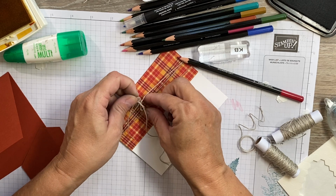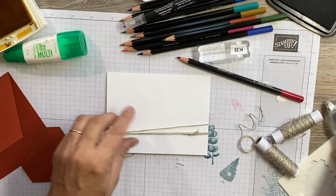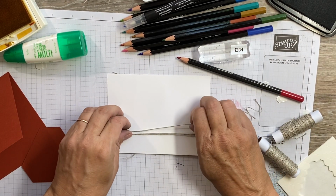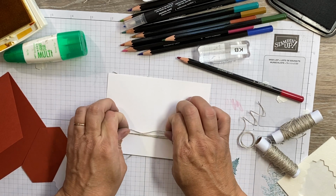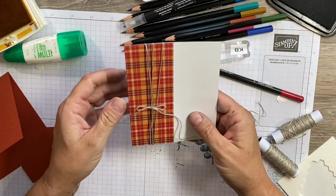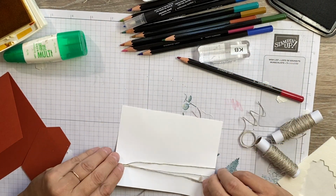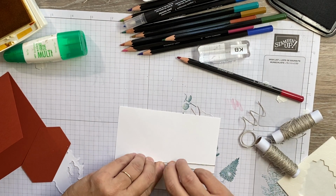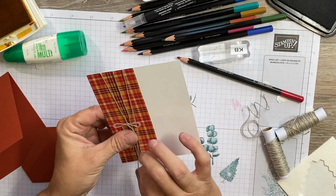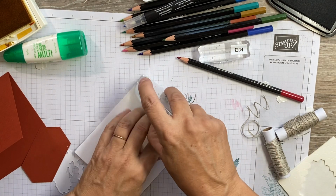Okay, so I'm gonna actually pull these out. And a little trick like I showed you before, if it's not tight enough for you, just take your adhesive and pick your ribbon up and pinch it in the middle. Ribbon, twine, whatever. And then just keep working it, working all of it until it's tight where you want it. Okay. Then you're going to take this piece and adhere it